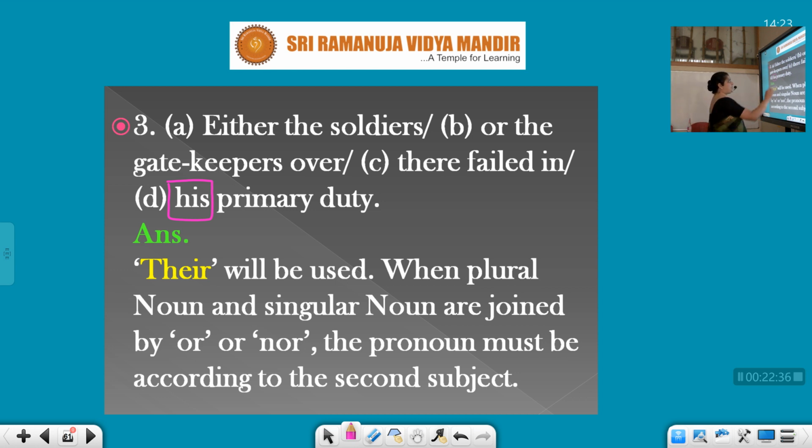Now, as soon as you see these words either or, what comes into your brain, students? Singular. Either or always takes singular. Did you understand? When I was explaining subject verb agreement, I explained this part. Whenever you see either or, remember it is singular. Now most students are so hasty with their work that as soon as they see either or, they immediately confirm, yes, his is correct. So you will write no error.